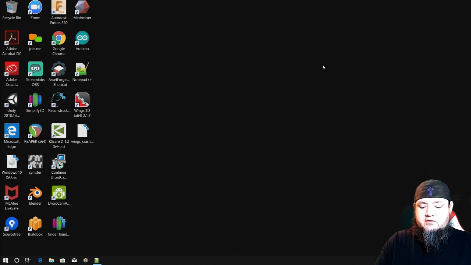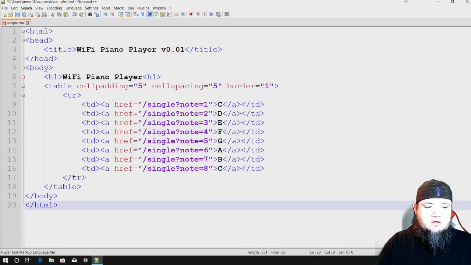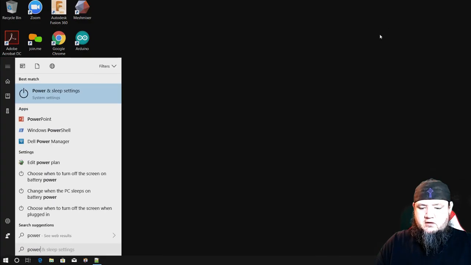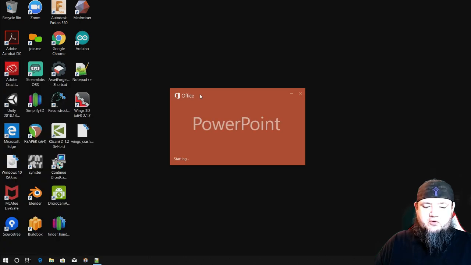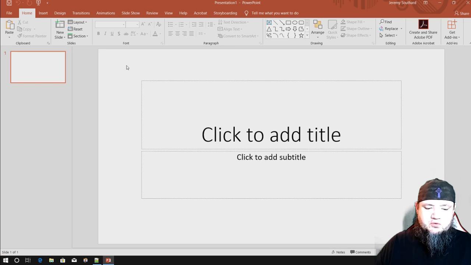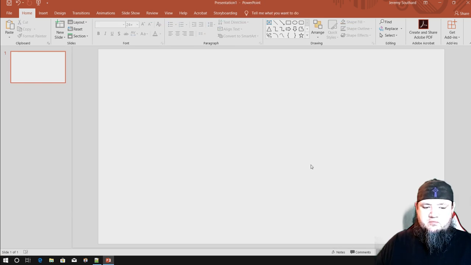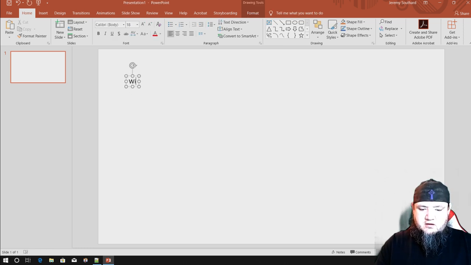So, let's talk about mapping. I'm going to go into PowerPoint. I find PowerPoint kind of gives a canvas with some tools, so it can be interesting and a little easier to kind of storyboard some ideas and stuff here. So let's see. So there's kind of two different things going on here, right? There's two different sort of projects. There's the Wi-Fi piano player,